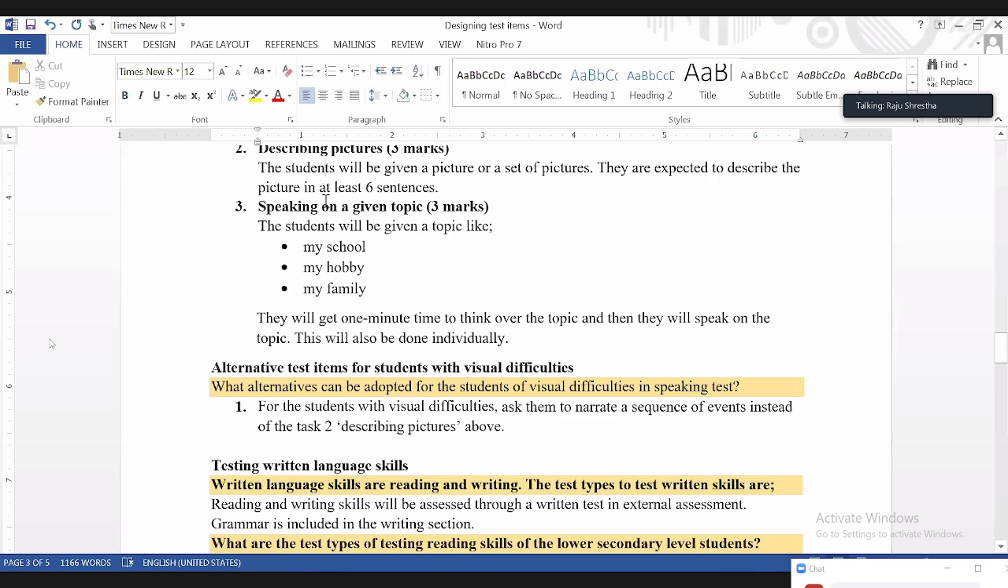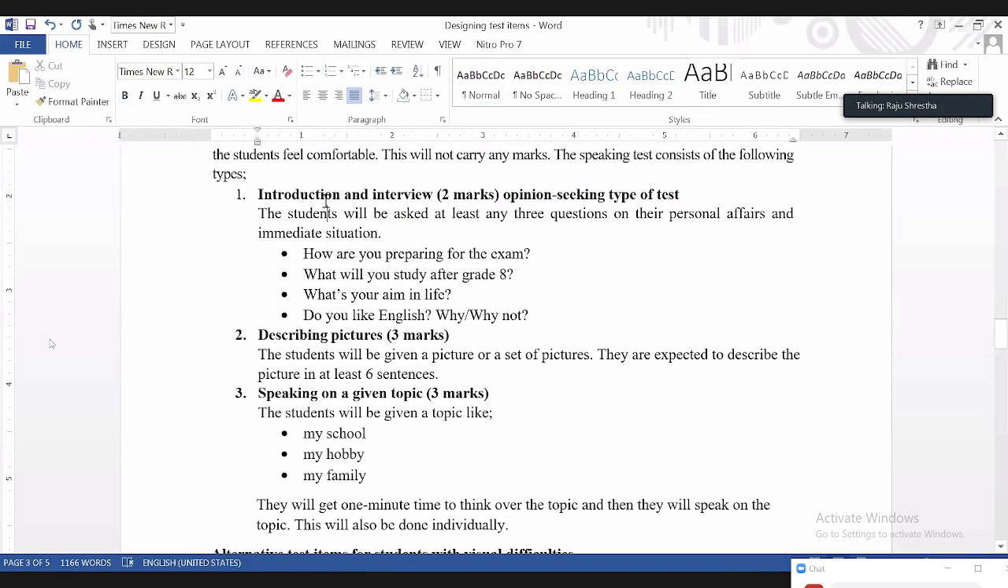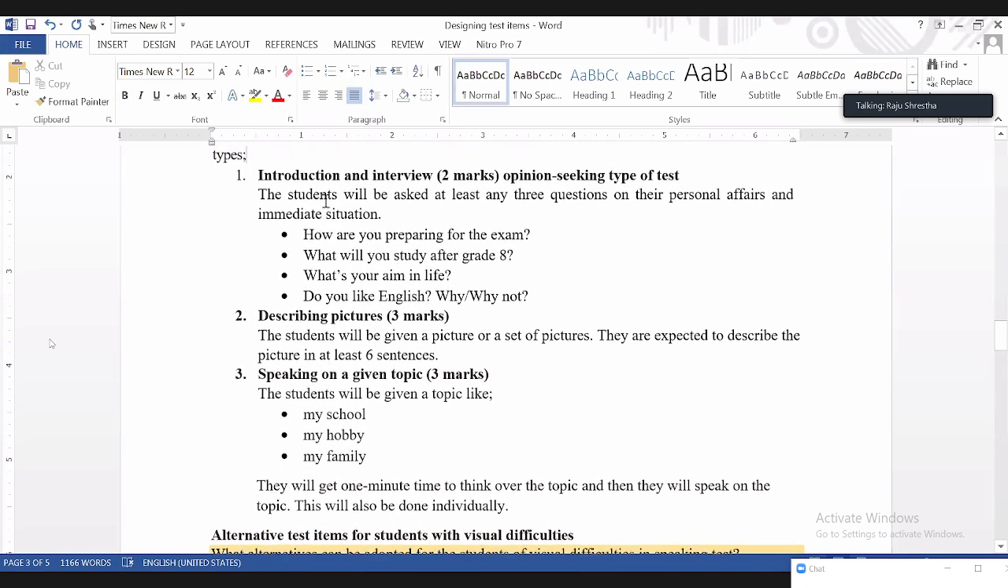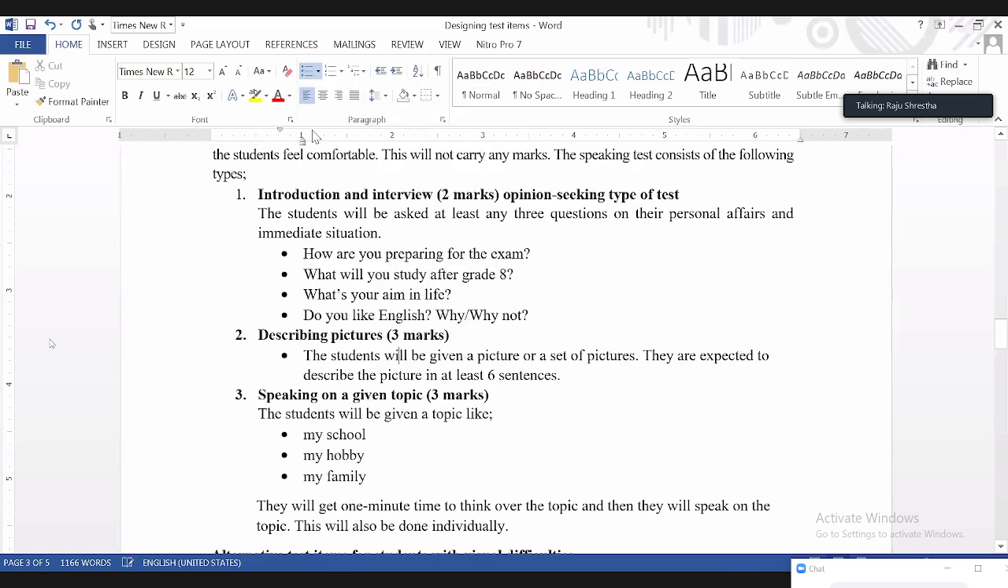Especially this is suitable for the individual work हैन. So speaking को any three भन्यो भने तपाईले interview भन्दिनुस्, describing picture भन्दिनुस्, speaking on a given topic भन्दिनुस् हैन. This can be what test items. अनि यस्तै डिजाइन नै भन्यो भने यस्तै लेखिदिनुस्. इन्टरभ्यु भन्नुस् अनि तीन चारवटा क्वेशनहरु लेखिदिनुस्. Describing picture भन्नुस् अनि दुई तीनटा सेन्टेन्स लेखिदिनुस् हैन. The students will be given a picture or set of pictures हैन, then they are expected to describe